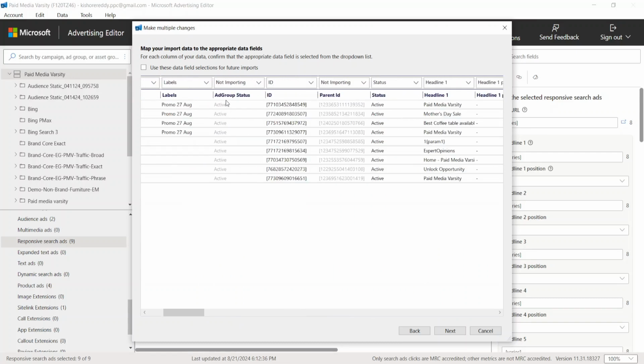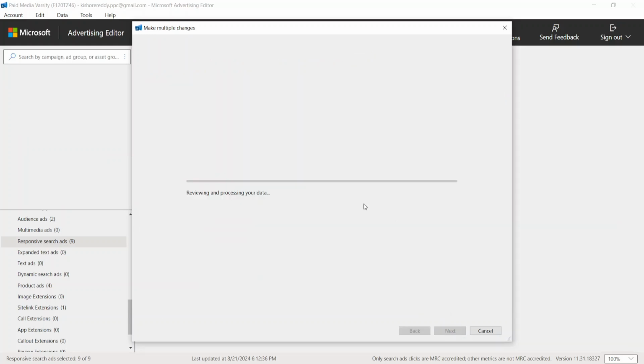If you observe here, this ad group status might not be present in the required columns, you see, right? It is not there, so it is not needed actually, right? So labels is matching, right? So everything is good now. So just click on next. That's it. The labels will be updated,